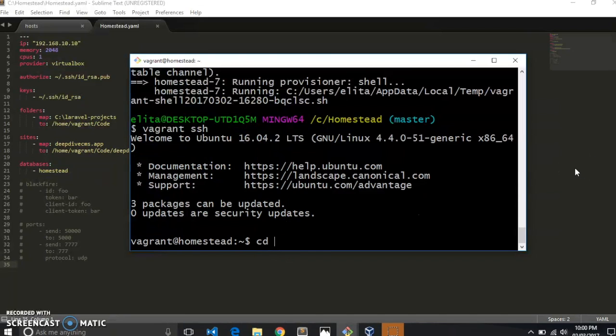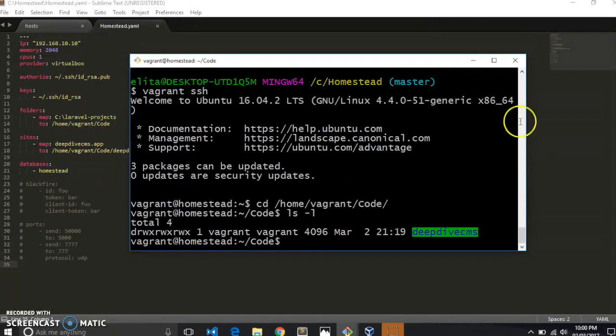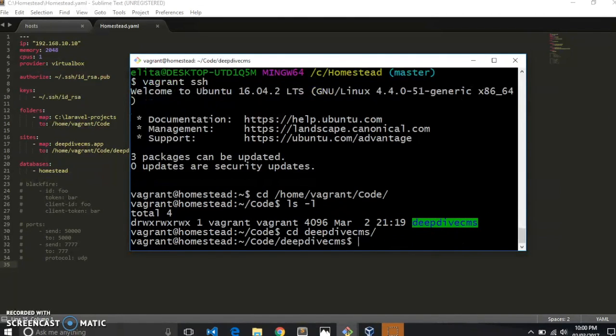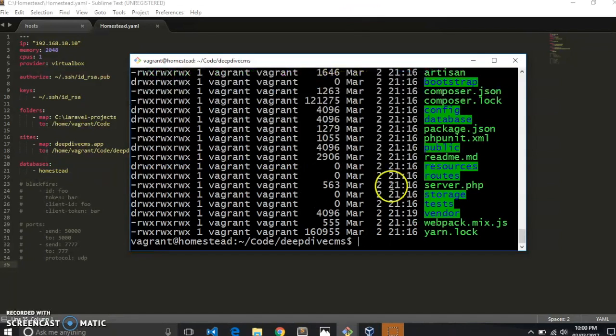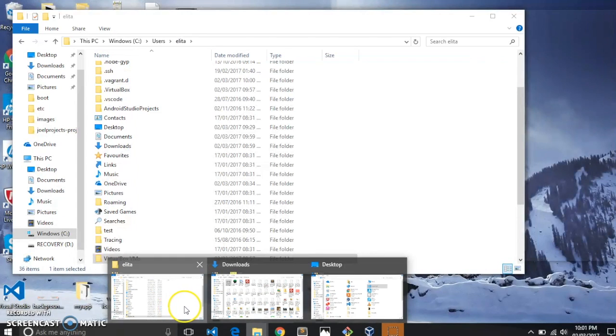Now if I go to cd home/vagrant/code, and if I just do ls myself, I should be able to see deep dive CMS over here. And let me go inside and ls -l. So this is inside the virtual machine. So what will happen is